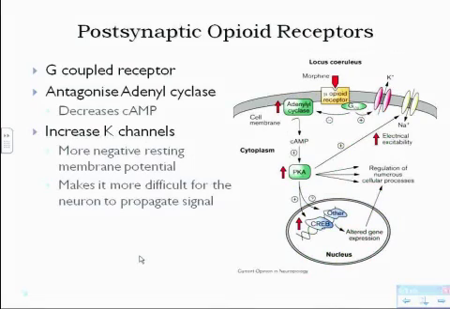The postsynaptic receptors, on the other hand, they also work on adenylyl cyclase, but they also work on G-coupled proteins, and they enhance potassium channels, so it makes the cell hyperpolarized, and it also inhibits the formation of cyclic AMP, which then inhibits the formation of PKA, which is protein kinase A, which then shuts down the system. So it's a pretty beneficial system if you know how to use it to be able to shut down pain